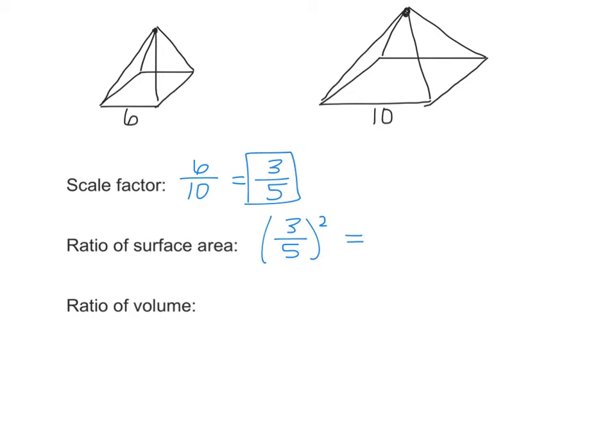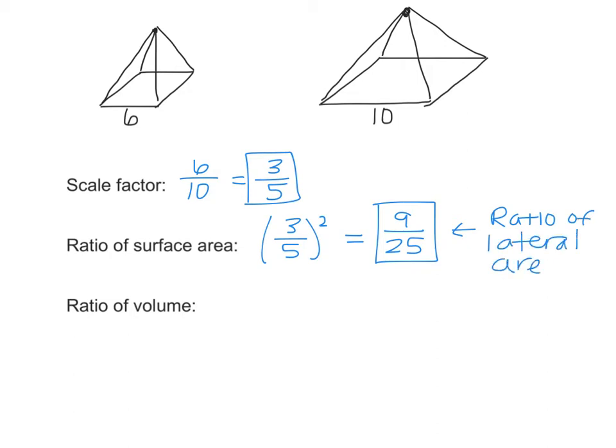So remember, the square goes to both things, so that's 9/25. Now the interesting thing about this is that although we say ratio of surface area, this is also true for my ratio of lateral area. So anytime that we're talking about area, whether it's surface area or lateral area, you just have to square the